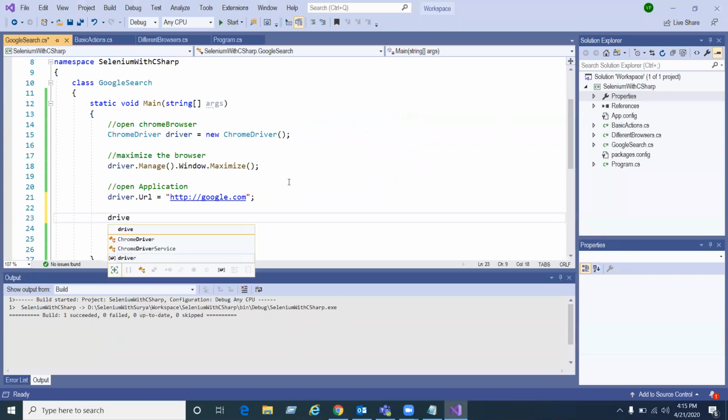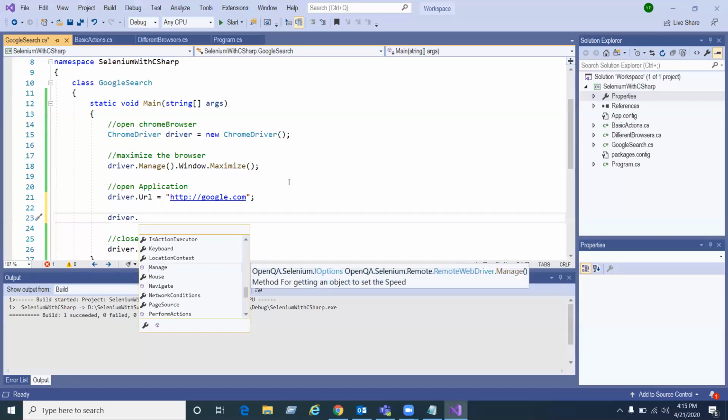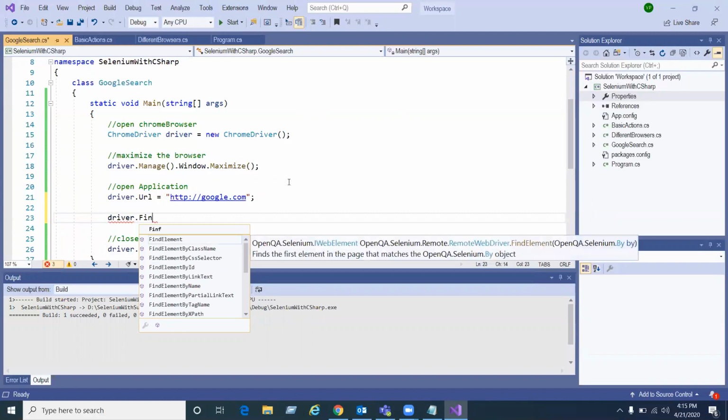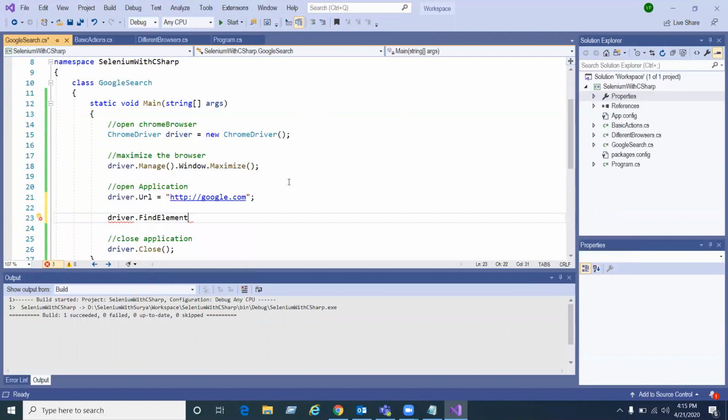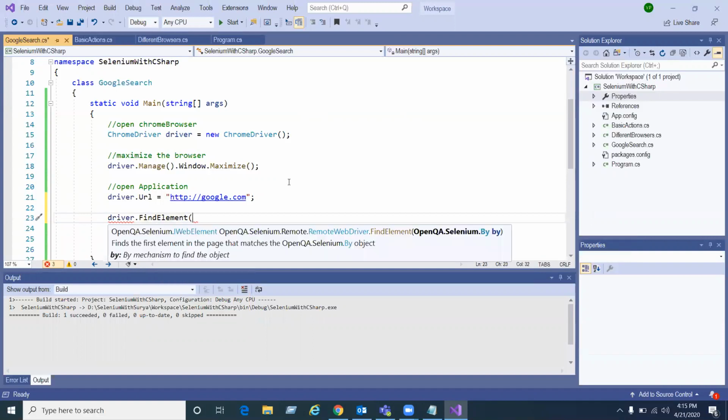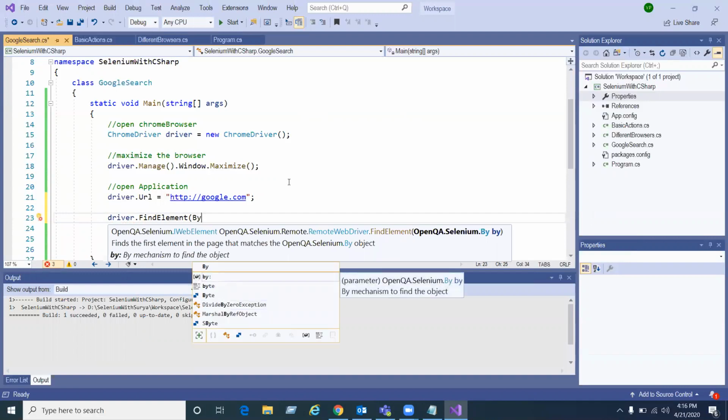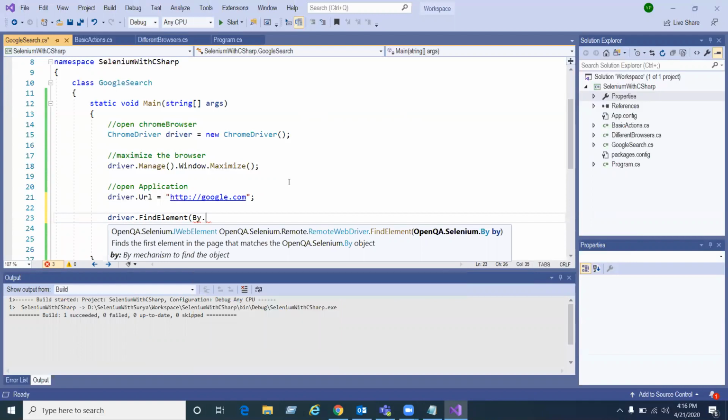So driver dot, there is a method called find element, because here I am working with a single element, that means the Google search box. So I'll use find element by dot. What locator are we using?